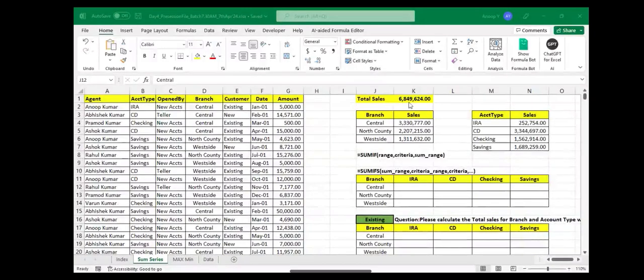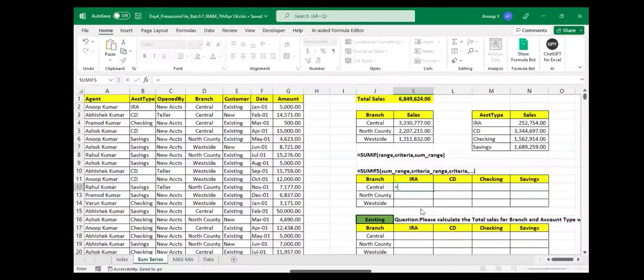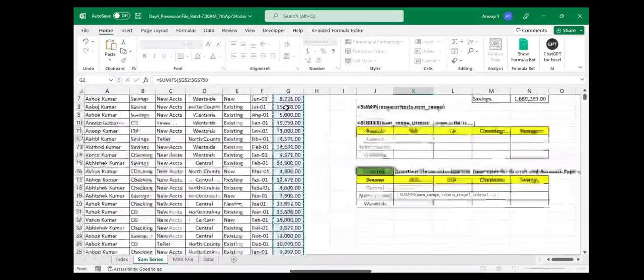Okay. So now here I was just looking for the branch and account wise total sales. I have given you the two conditions, right? So on the basis of two conditions or more than two conditions, if you want to make the sum, then you have to use the SUMIFS function, IFS. Now it is asking for the sum range. For which column do you want to make the sum? For the amount column. So I selected this amount column and freeze,